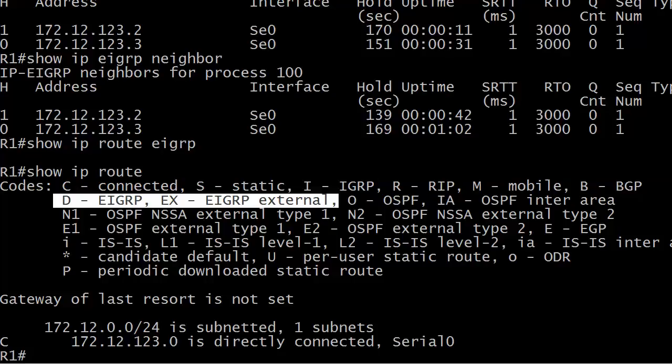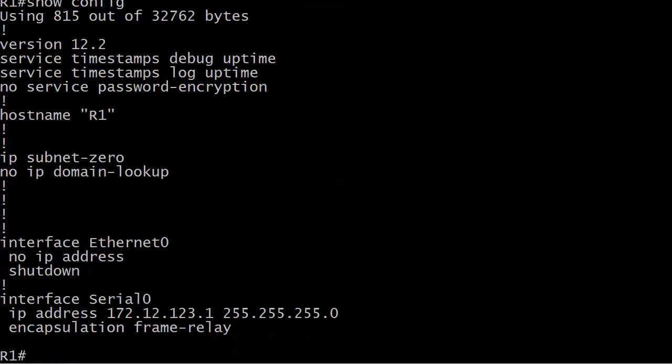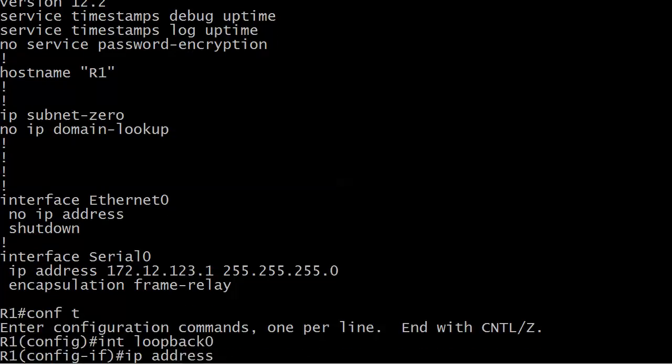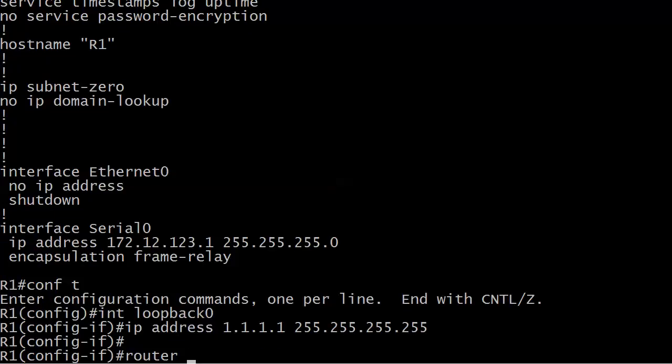All right, our next passengers on the success train are going to be those loopbacks. And I'm going to do a quick show config on each one of these. I knew we were missing one. 55. That being, of course, a host mask. And we're also going to use